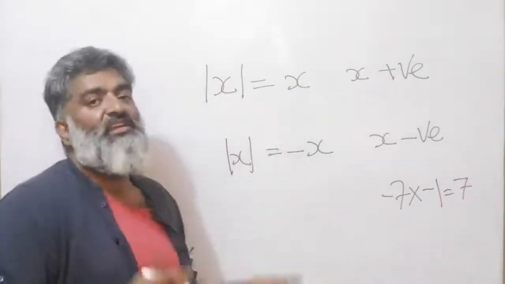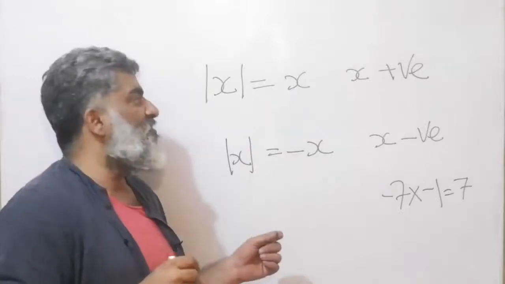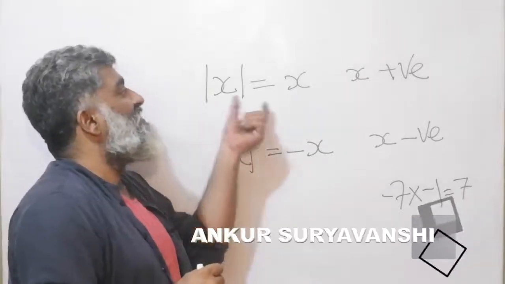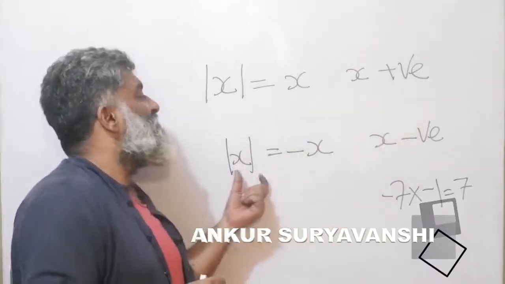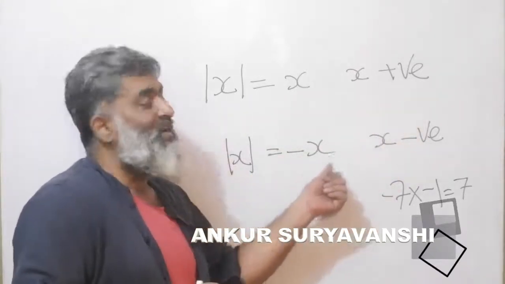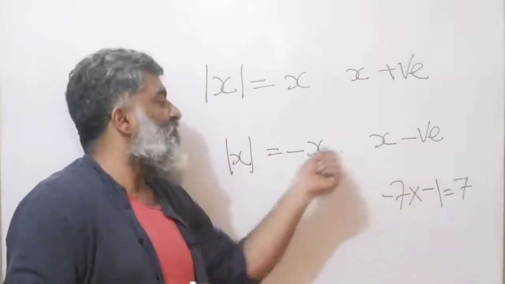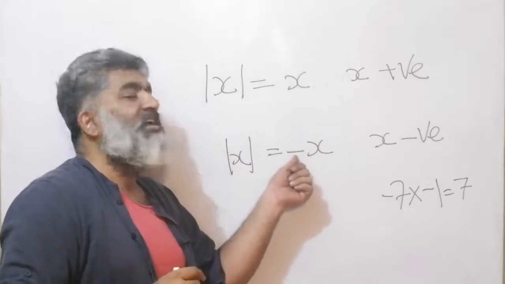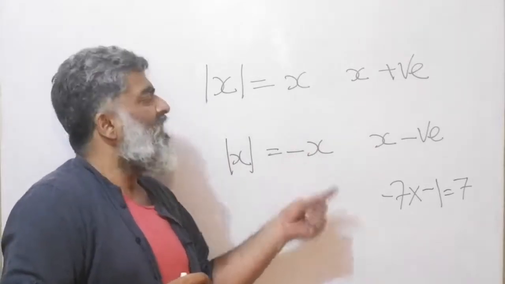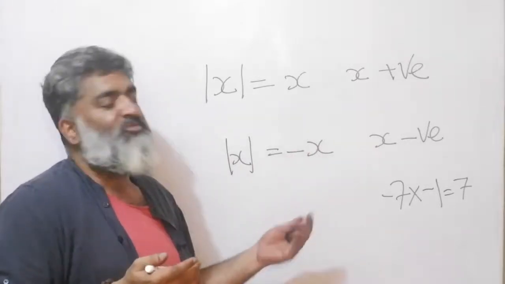So this is the technical, official, mathematical definition: the function is equal to x when x is positive. The function is equal to minus of x when x is negative. And don't get confused, because x itself has a negative value, a negative and a negative will give you a positive, and overall the value will come out as positive.